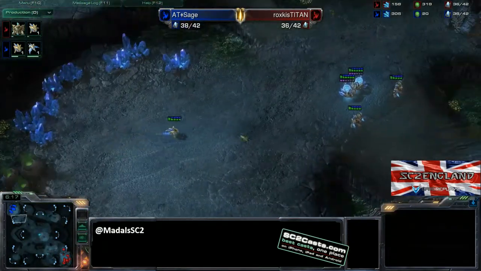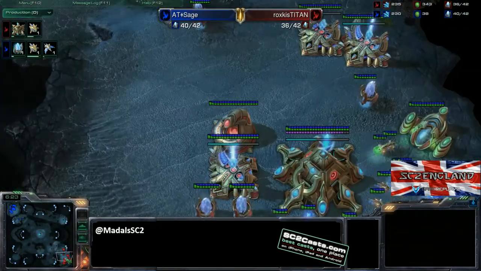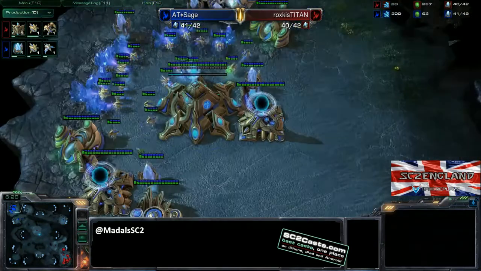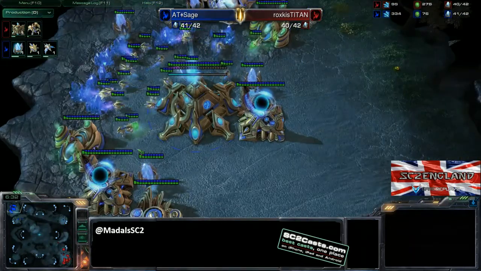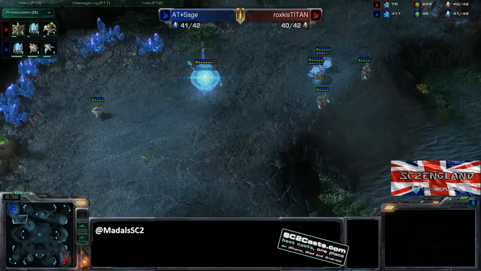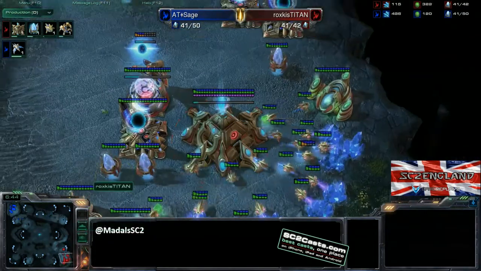Meanwhile, it looks like getting ready to expand here for Sage. Titan already got his natural down, so both players, it's roughly around the 6-7 minute mark they're heading down their naturals, so fairly normal timings, not rushing it out or anything like that, but obviously not delaying it hugely or going for one base plays either. I think Sage is definitely going to be in the more advantageous position just in terms of the aggression,